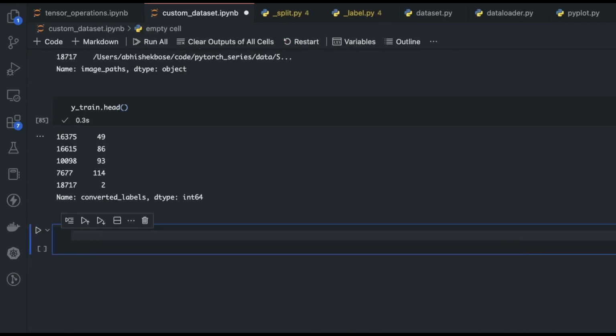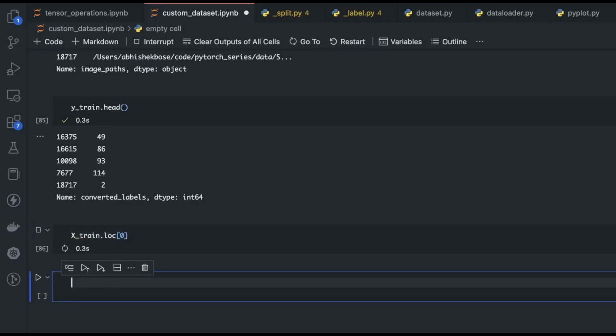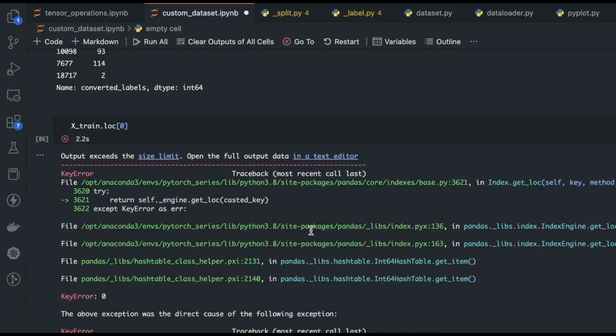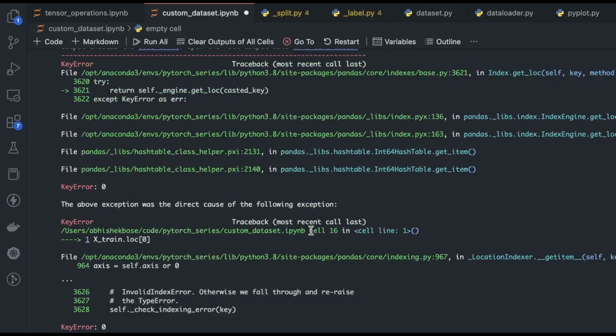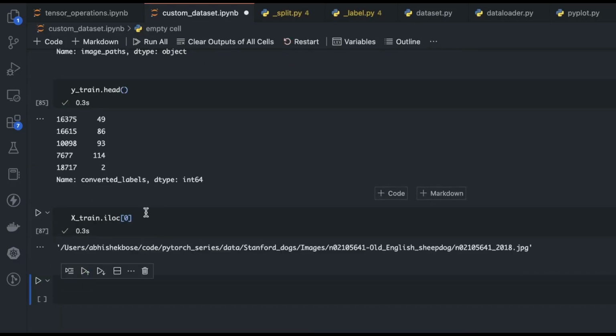We can also go ahead and check out a particular image and visualize it to see what it looks like. So let's do an xtrain.loc on the data frame itself and get the first index and see what the image looks like. Okay, I made a mistake over here. It seems like, oh my bad, I cannot do a loc. I should do an iloc. Yeah, so if I do an xtrain.iloc, it gives me the absolute path to the image,